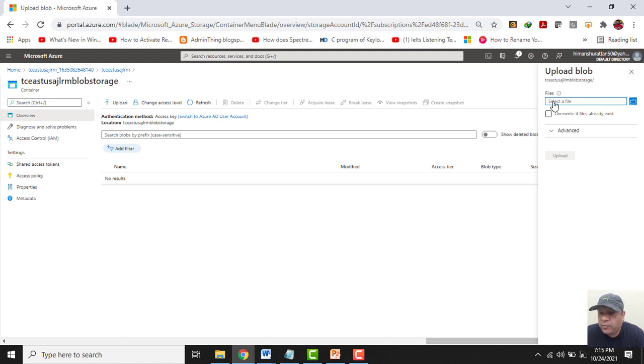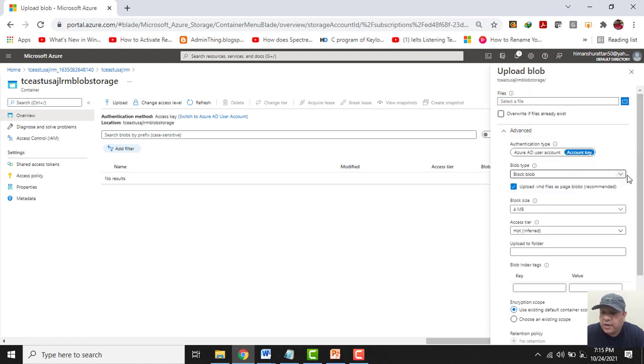Here we can upload unmanaged things like JPG files, AVI files, anything. But let me show you one thing here. Let me click on the advanced option. Here we get 3 blob types. One can be block blob, where we can save any unmanaged data like any file related to JPG, AVI.